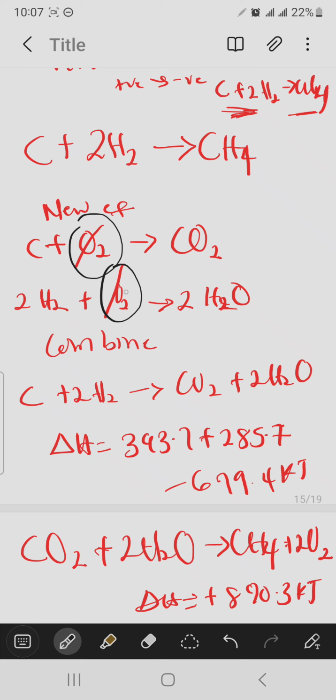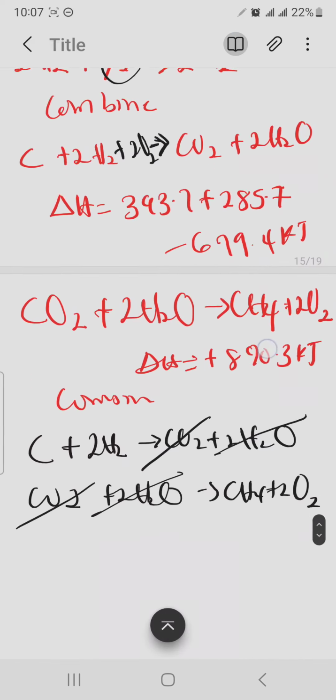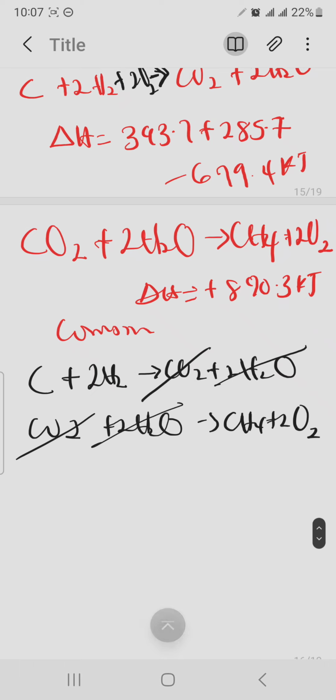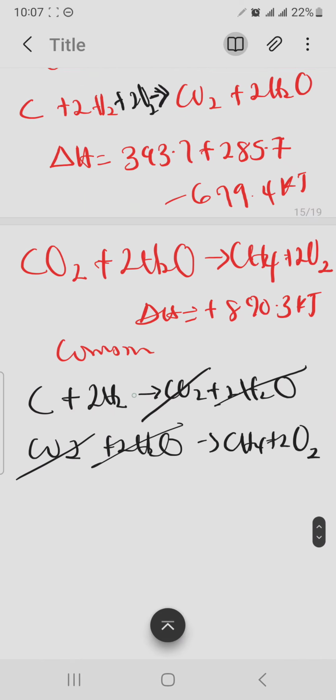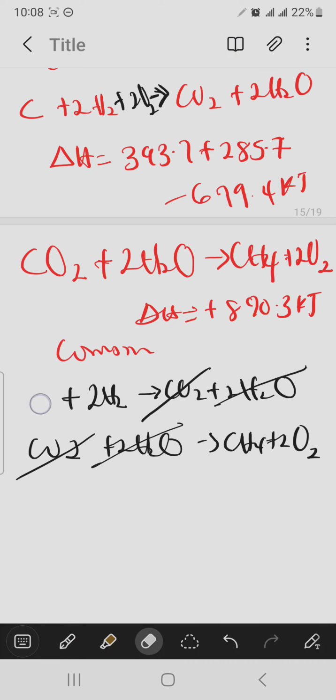This one and this one, I will add them together. You know, this one is O2, O2. So this one will now be 2, like 1 plus 1, O2 plus O2 will now be 2O2. So this one will now be plus 2O2. 2 oxygen will now give this. So now, if I want to combine it to the third one here, this one should have 2 CO2 like that. So this one will now be written in form of C plus